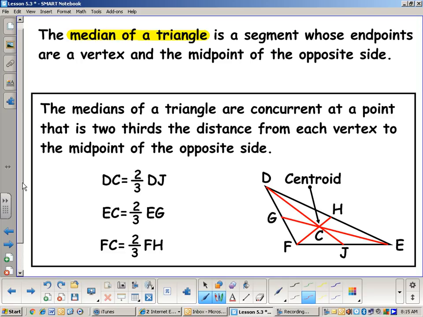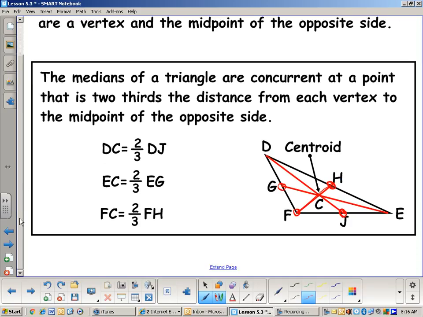To construct this, I'd have to construct a perpendicular bisector to find these midpoints, but then I would ignore the fact that it's perpendicular and I just focus on the midpoint. Okay? So in this rule here, we're saying that H, J, and G are all midpoints of the sides of that triangle. And so when I connect F, this vertex, to H, the midpoint of the opposite side, I